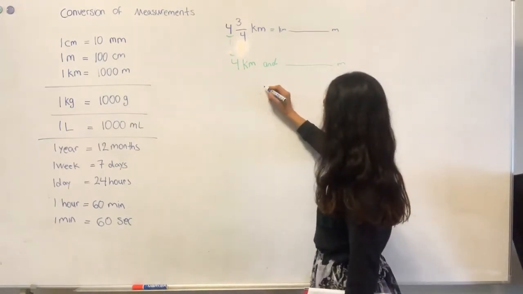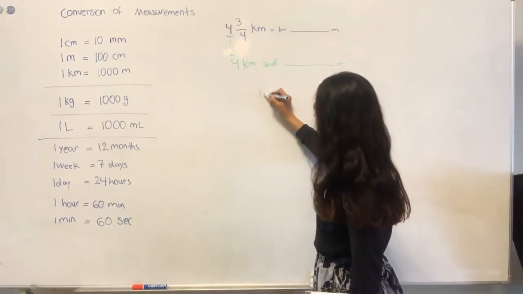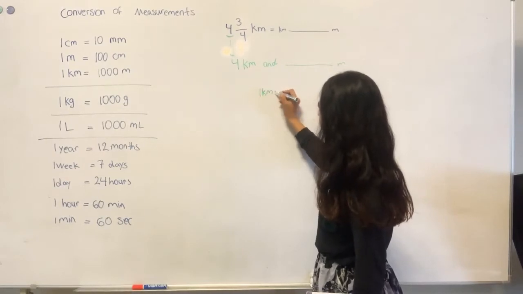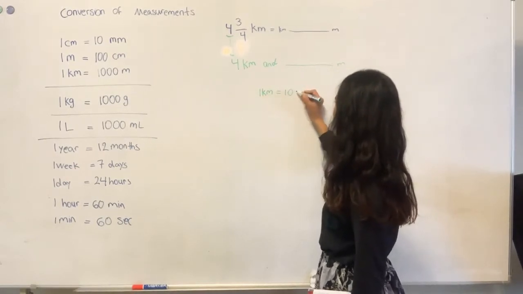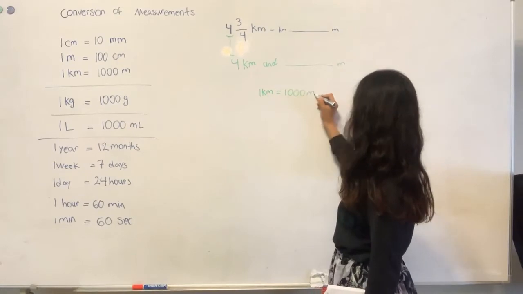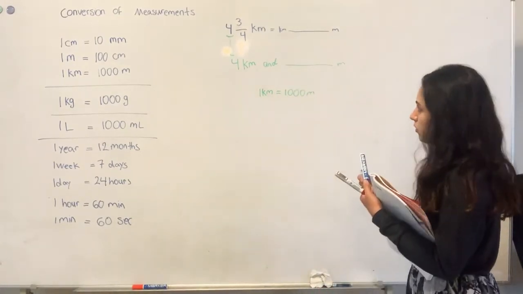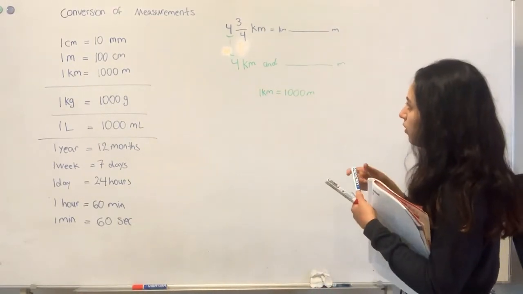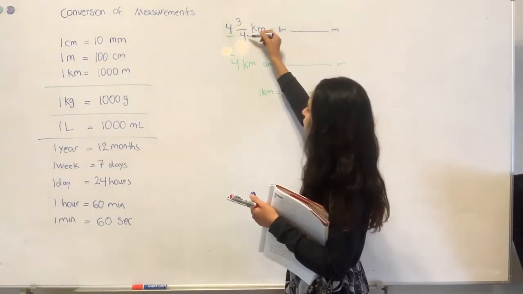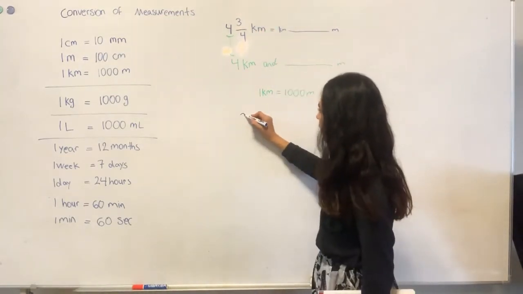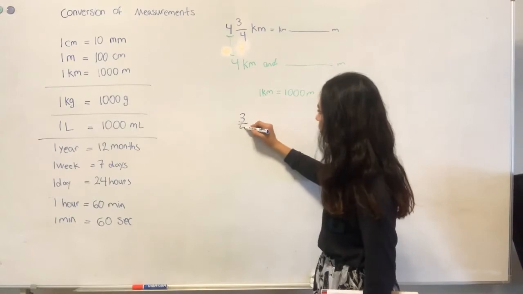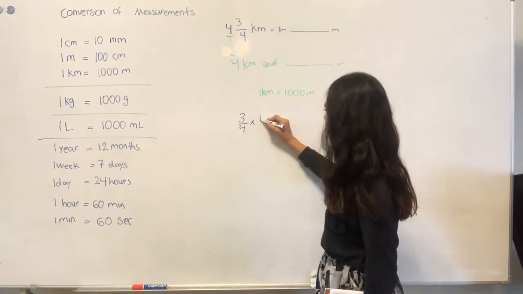So 1 kilometer equals 1,000 meters. So what do I have to do with my fraction? 3/4 fraction. So I do 3/4 times 1,000